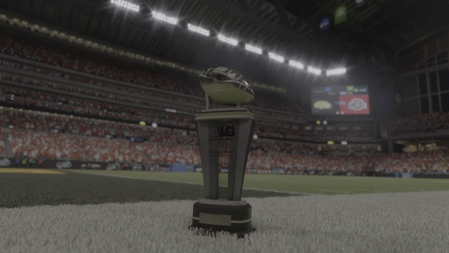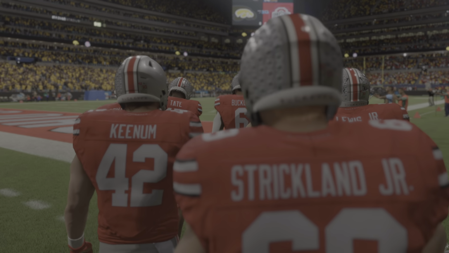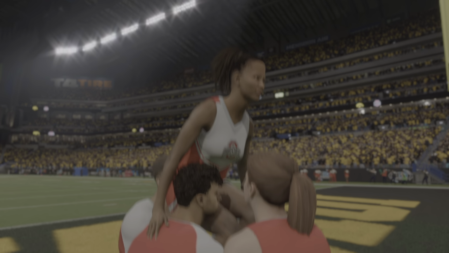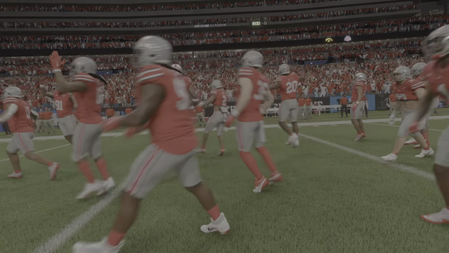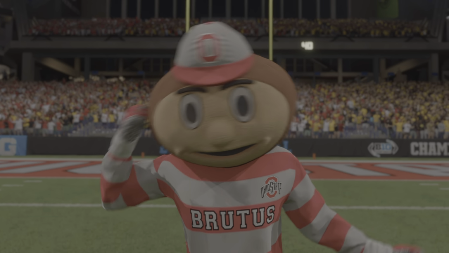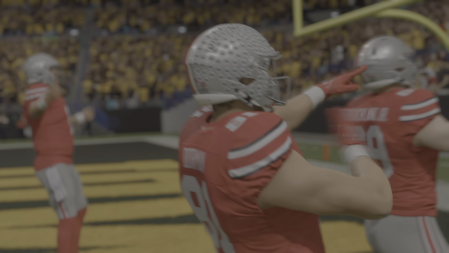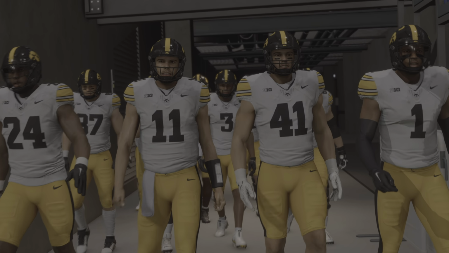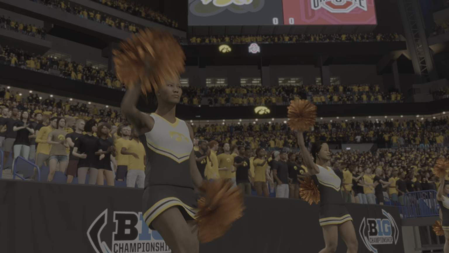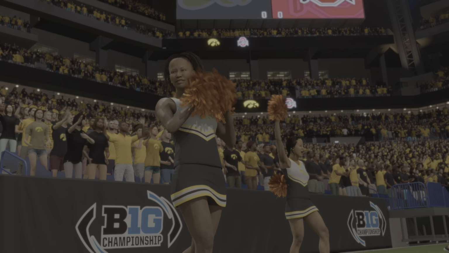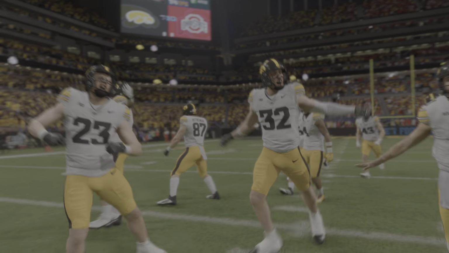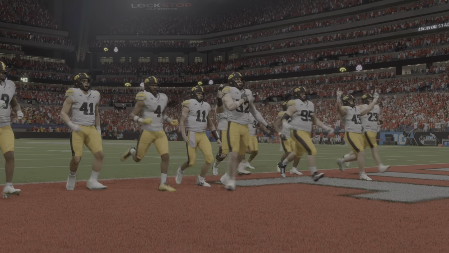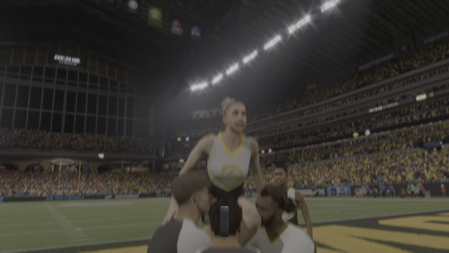Another chapter in the long legacy of the Big Ten Conference. It's a championship game in the new expanded Big Ten, and there are high stakes here. Not just a conference championship, but potentially positioning themselves for a run at the national championship with an automatic bid. This is a matchup we've all been waiting for. Two teams ranked in the top 5, battling for a precious conference title, but also pointing to something even bigger, the college football playoff. As we'll see, the number 5 team in the country, the Iowa Hawkeyes, taking on the number 1 team in the land, the Ohio State Buckeyes.